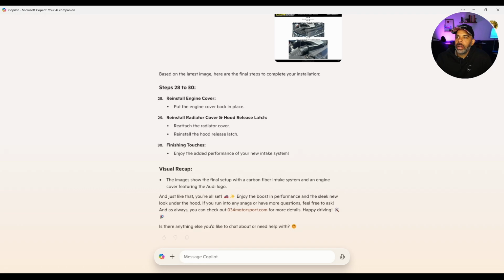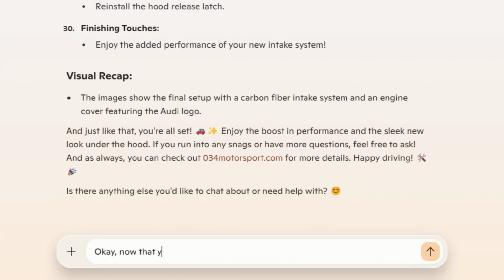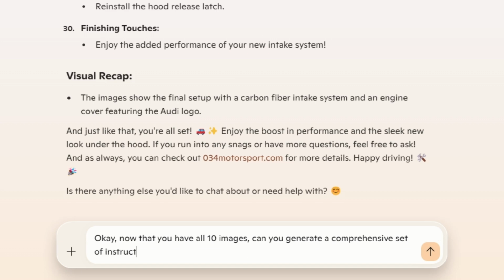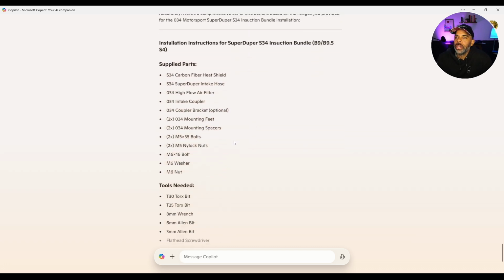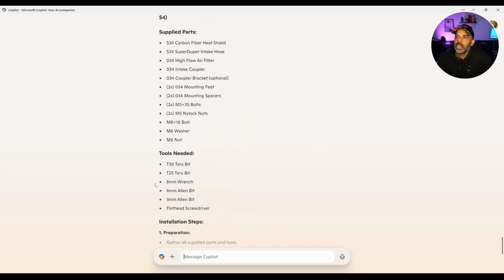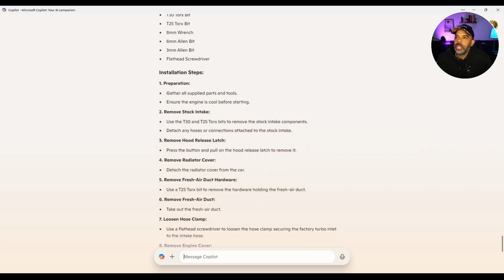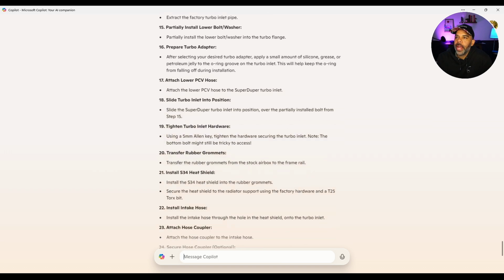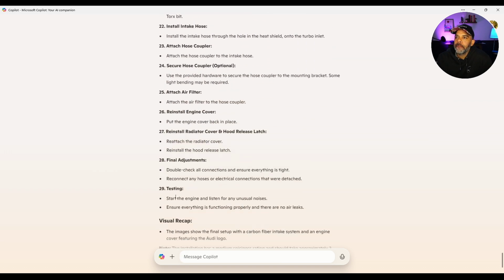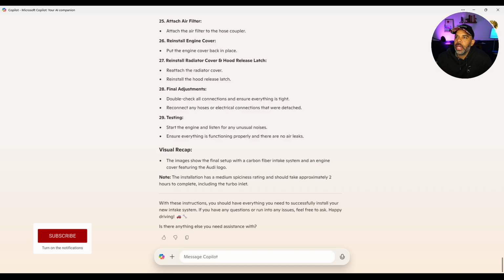So now that we're at the end here, we can give it another prompt. Okay, now that you have all 10 images, can you generate a comprehensive set of instructions for me to use during the installation? Okay, so here it goes, generating the installation. It has supplied parts, the tools needed, and you can see here it starts at step 1. And because I told it to do comprehensive, it kind of adds these bullets here,